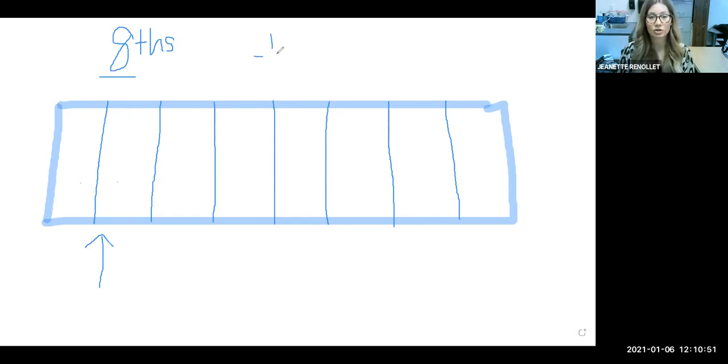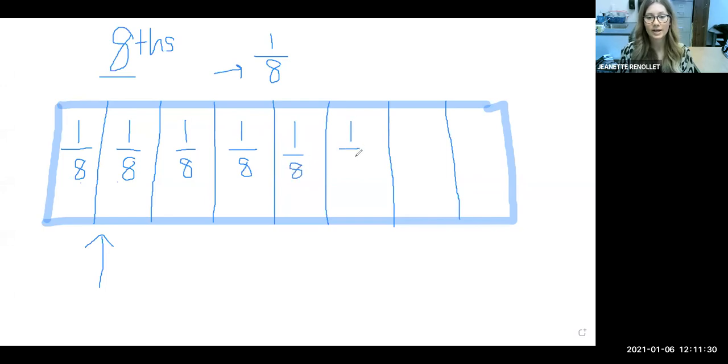I know a unit fraction has a numerator of 1 every single time. So what's my denominator? Well, my denominator tells me how many parts are in the whole. I just counted 8. I know that my denominator is going to be 8. So each of these parts has the same name. Each one is 1 part out of 8 parts. So we can label every single part 1/8, 1/8,